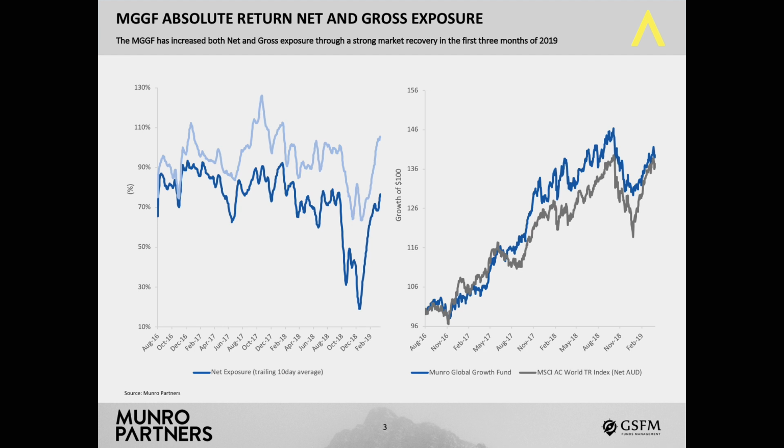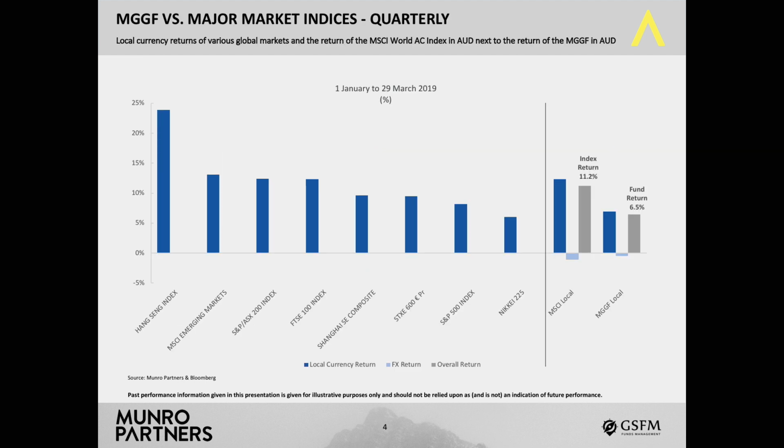And faced with a similar set of circumstances again in the future, you can expect us to react in the same way again. So looking at the March quarter in isolation, what we're showing you here is the performance of a number of regional equity indices, the performance of the MSCI World All Country Index, and the performance of the fund. And as you can see, it's been a strong quarter for equity markets, particularly emerging markets, and also a strong quarter for the index. The index is up roughly 11.5%, and the fund has achieved an absolute return of 6.5%